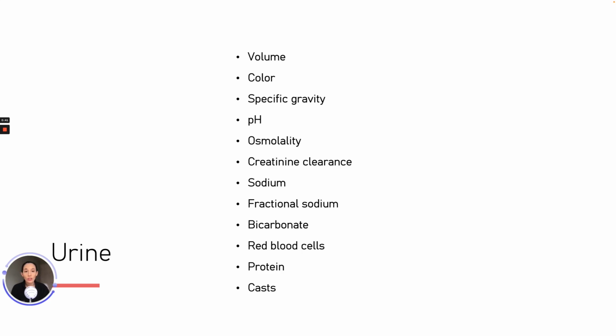We can look at the color, so it may appear dirty, it may have brown sediment, which would indicate the presence of red blood cells, hemoglobin, myoglobin. And we can look at specific gravity, so anything less than 1.020 reflects kidney damage. We can look at pH, so greater than 7 is found in urinary tract infections, renal tubular necrosis, or chronic renal failure. We can look at osmolality, so less than 350 is indicative of tubular damage,